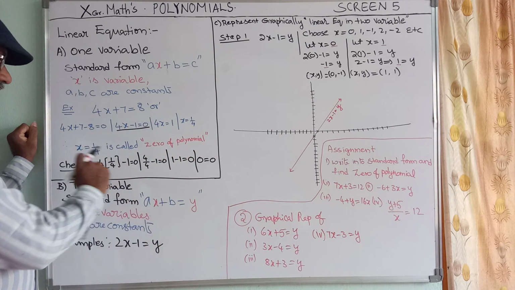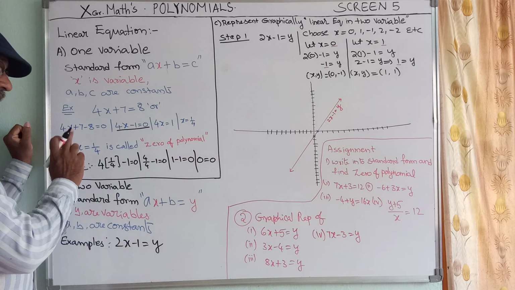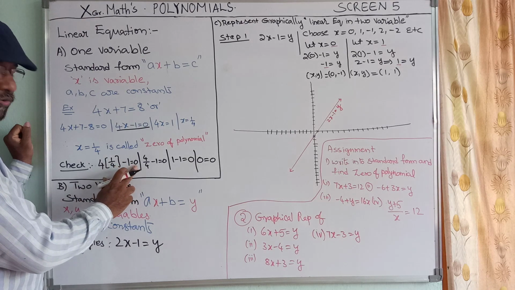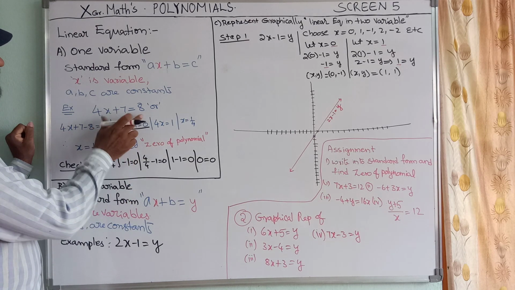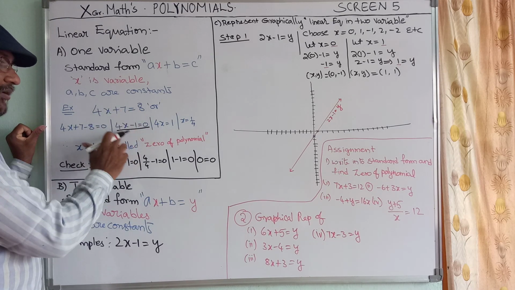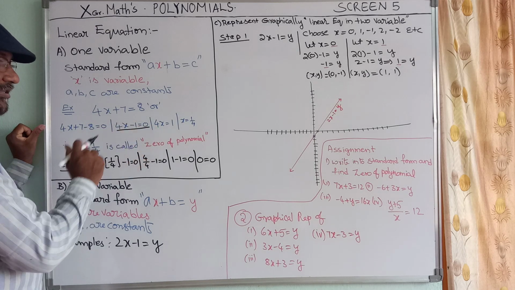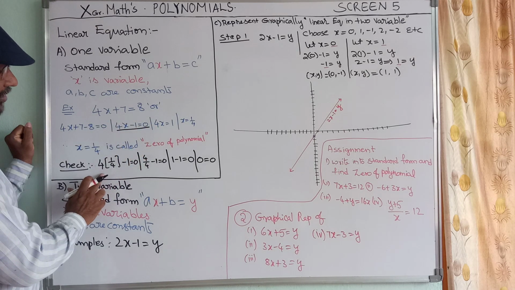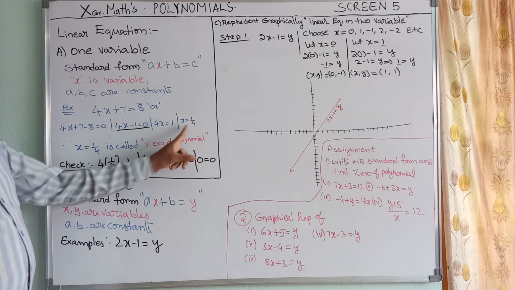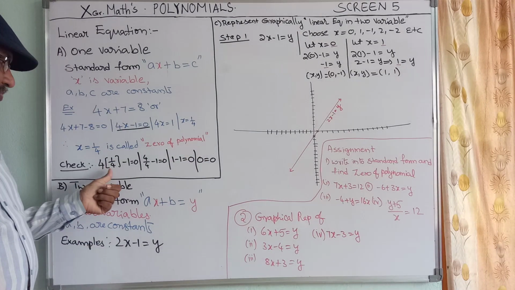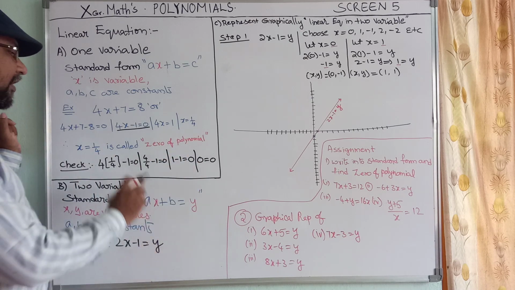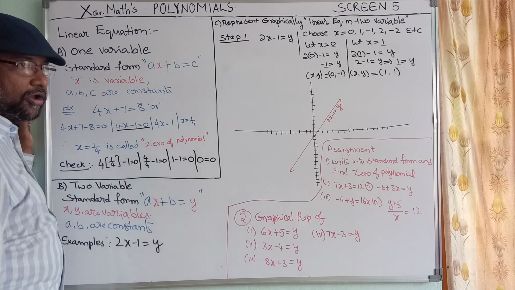Now for finding the zero of the polynomial, we have to consider the RHS to be 0. That means here this is the first part, and we converted it into the simplified one with RHS 0. Now take that equation, 4x minus 1 equal to 0. Now the x value becomes 1 by 4. Substitute here in place of x. Automatically you will get 0. Now this is the zero of the polynomial.